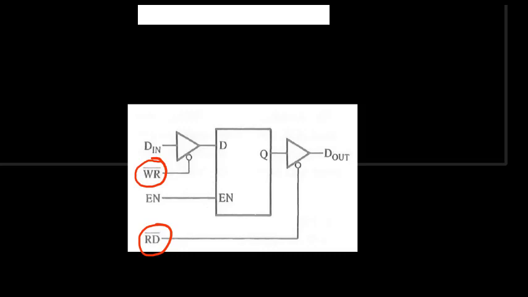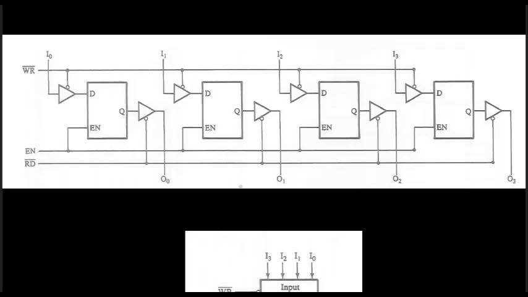So a register is just a collection of flip-flops. Like here in this diagram, we see there are 4 flip-flops connected together. You can see this one flip-flop, the second, the third, and the fourth. So there we have 4 flip-flops. So this is actually a 4-bit memory cell. This is a 4-bit memory cell.